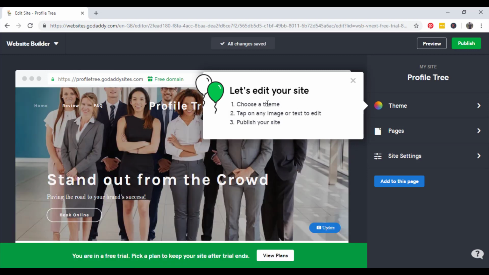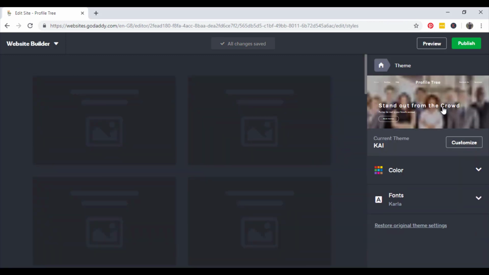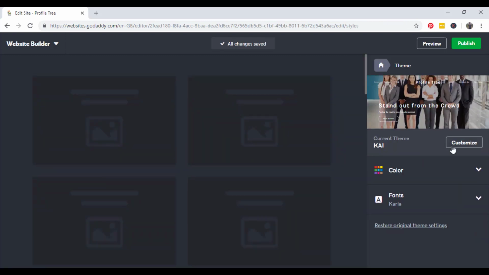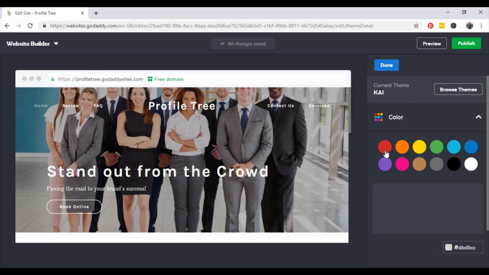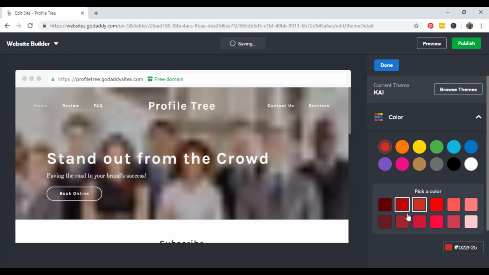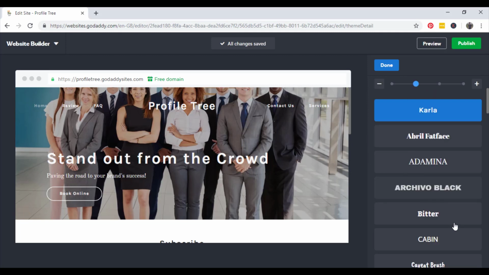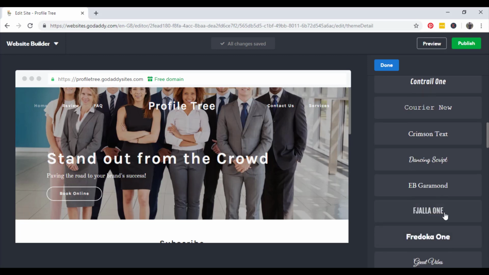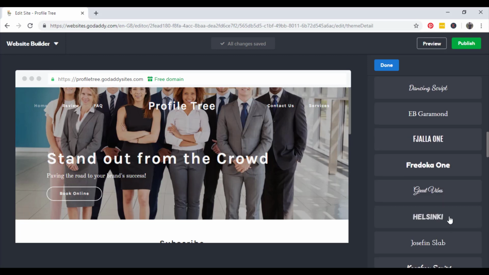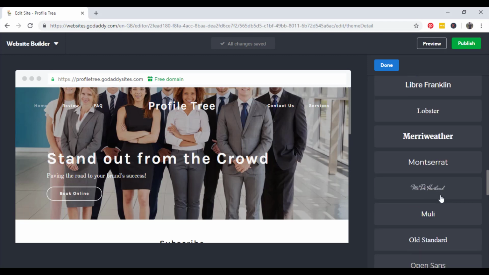So choose a theme. Customize. Change the color. Whatever font you like. And remember to keep the font consistent. So as you can see, there's quite a lot of designs here, as GoDaddy have obviously heavily invested in the